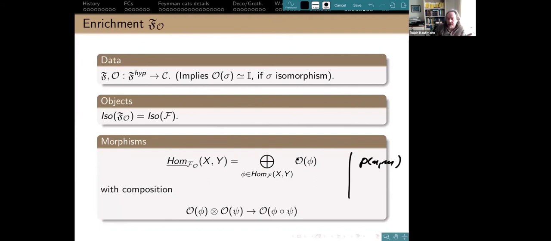That's the enrichment. This can be a topological space. This could be a vector space of morphisms. But what you want is to be able to compose those. So the composition then will, there's some monoidal functors again. So you take phi and psi to phi after psi. And this is exactly this kind of composition, which is given by the monoidal functor. So this is exactly the point why you have a monoidal functor. This gives you this transformation. All right, so that's nice.